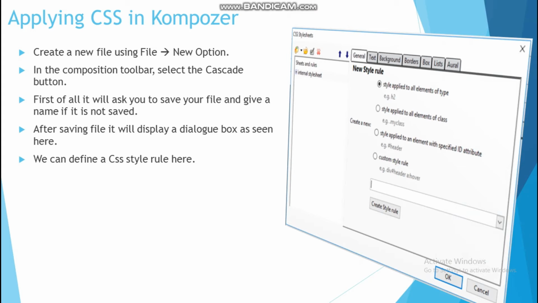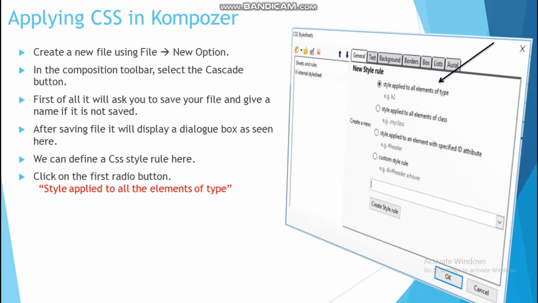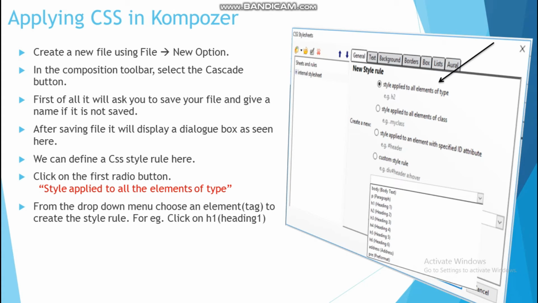We can define a CSS rule here. So for that, you have to click on the first radio button, that is style applied to all the elements of type. From the drop down menu, choose an element or tag to create this style rule.